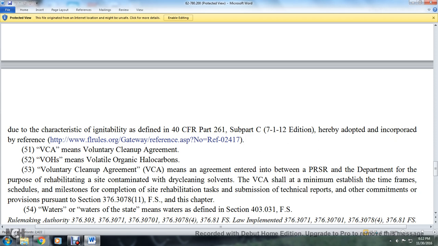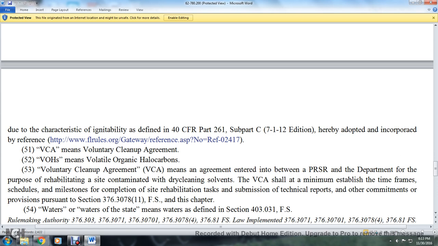VCA is a voluntary cleanup agreement. VOH is volatile organic hydrocarbons. Voluntary cleanup agreement means the arrangement entered into between the person responsible for site rehabilitation and the department for the purpose of rehabilitation of a site contaminated with dry cleaning solvents. The voluntary cleanup agreement shall at a minimum establish time frames, scheduled milestones for completion of site rehabilitation tasks, submission of technical reports, and other